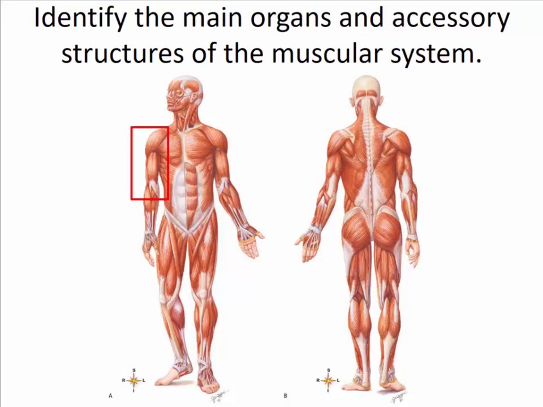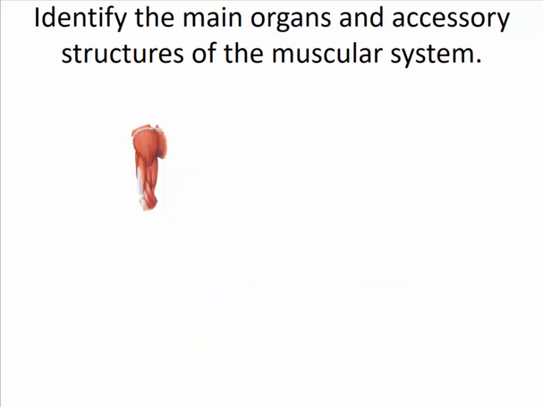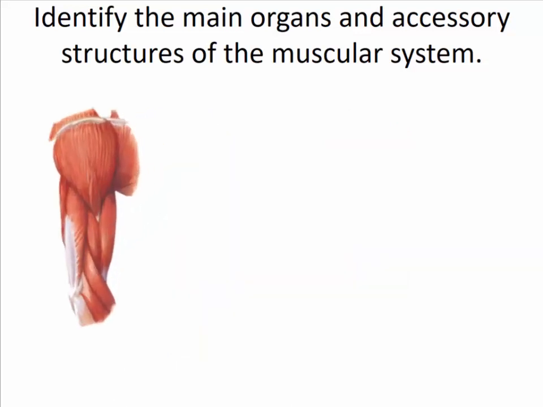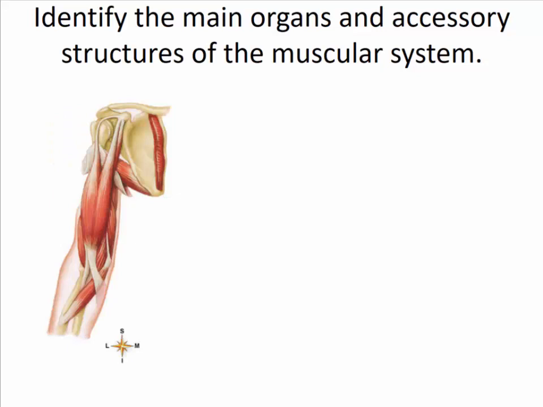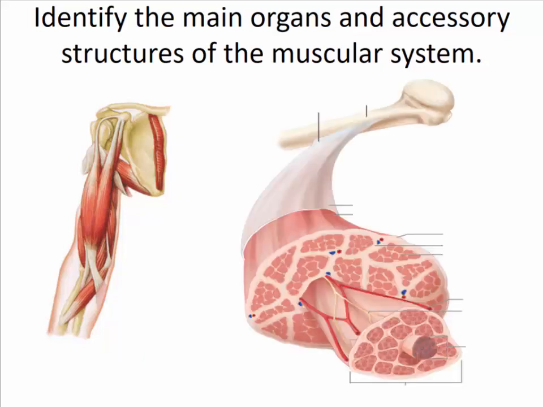If we were to look at the upper arm here and then zoom in on it, there are a number of muscles here, so a number of organs within that upper arm. If we were to remove some of those muscles, here we have the bicep of the upper arm. If we were to cross-section that bicep, we would see this, where we have the humerus, one of the bones it's attached to. We have the muscle itself, the bicep, and then we have the fascia that wraps around the